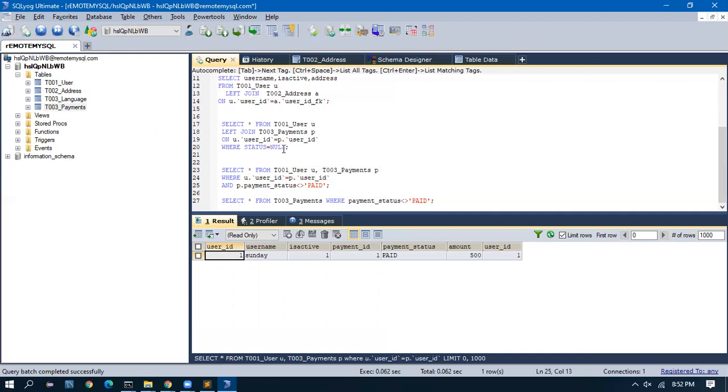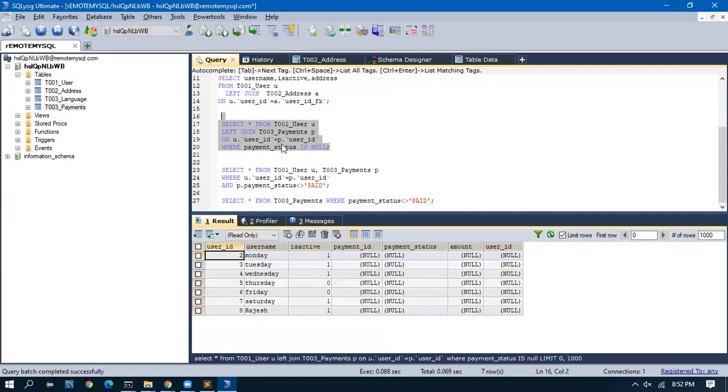Okay, this is where payment status is null. Actually, it will be is null. So if I run this, I should get the query. Okay, so I am getting the records where the payment status is null.